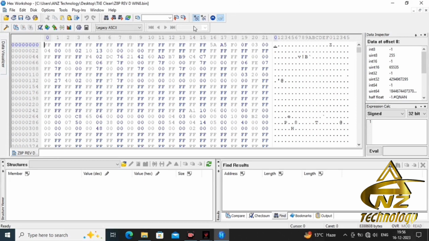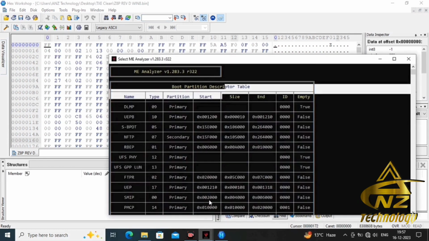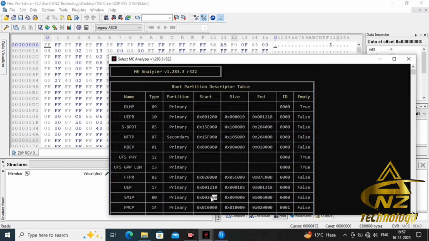Okay, so from here you can change your offset view. My offset view is in decimal. You can choose it to hex. I will click on hex. So here you can see the offset is now showing in hex value. Now here type the same location, that is, we have to type this location.